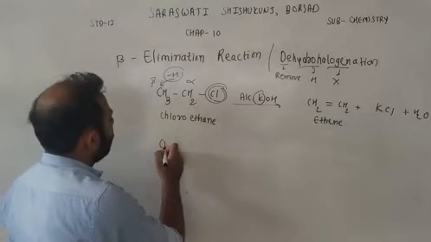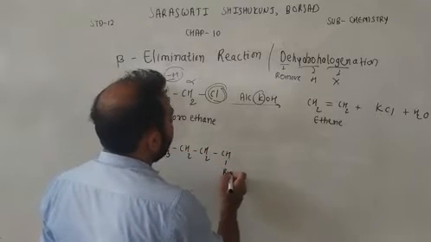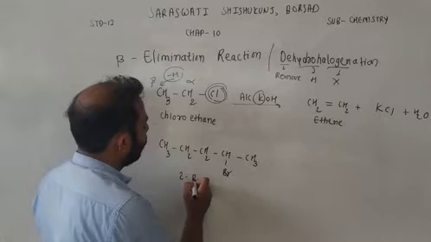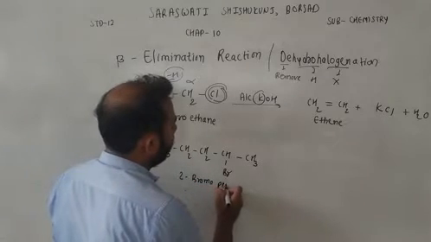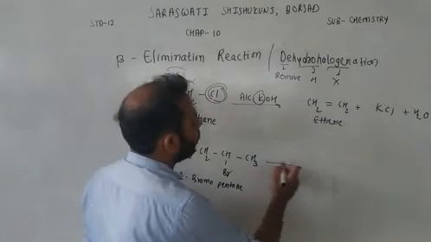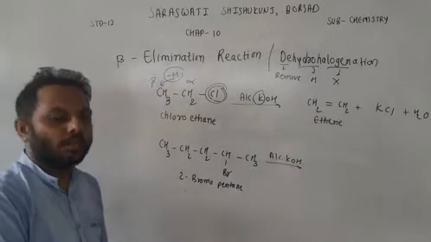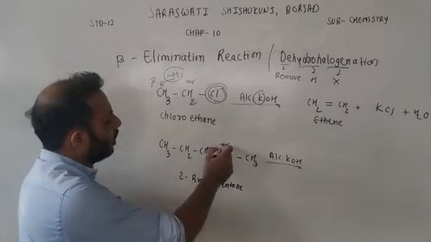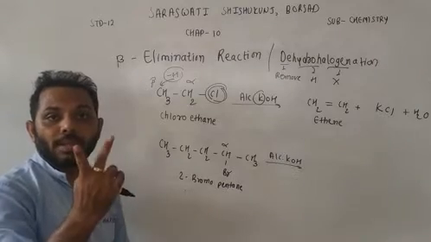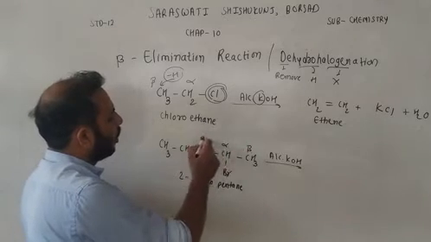So we have got CH3CH(Br)CH2CH2CH3, 2-bromopentane. The 2-bromopentane reacts with alcoholic KOH. What will be the product? So here this is alpha carbon because this carbon is attached with halogen. Now there are two possibilities of beta carbon. This can be beta carbon and this carbon can also be beta carbon.